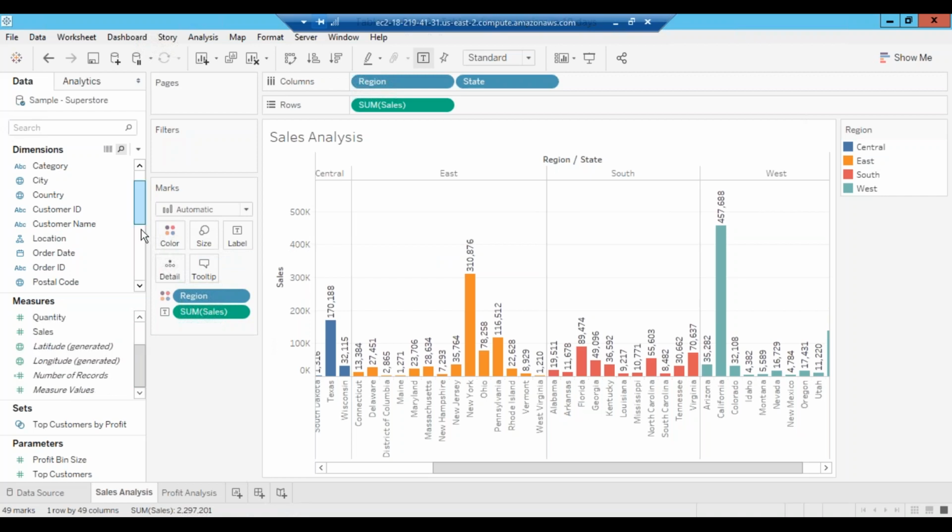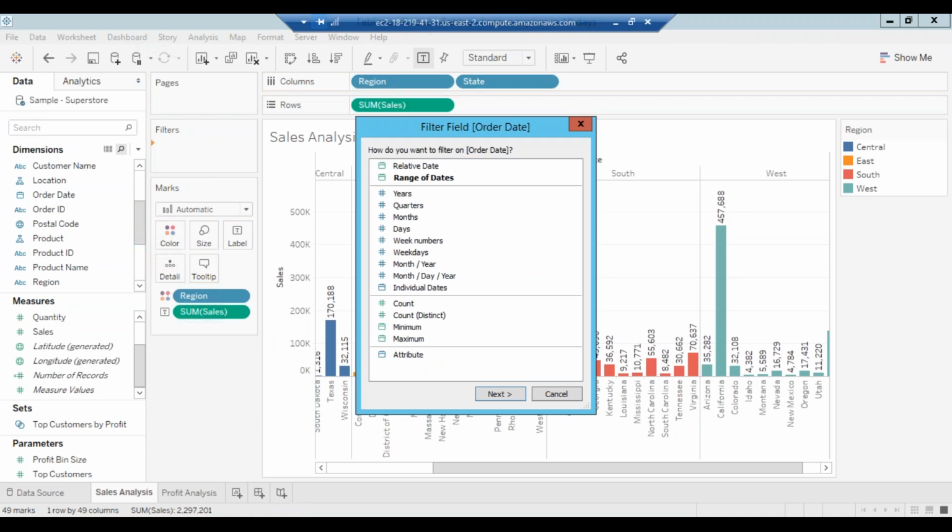It will come in dimensions. So ship date and order date. I want to add order date, so just drag it and add it into filters. When you choose range of dates, relative dates or range of dates, I want to see range of dates. Say next.